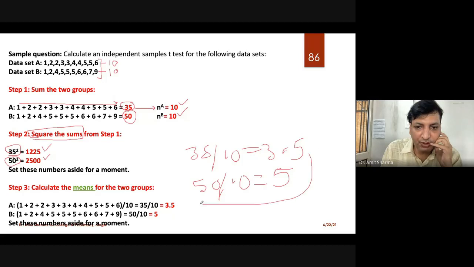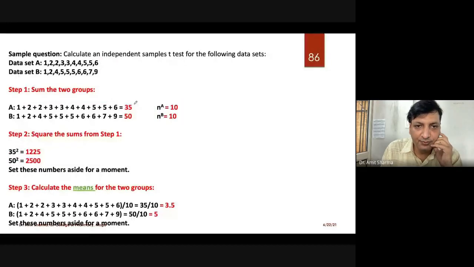So this 3.5 and 5 are the means which we have to calculate: the sum of all in group A divided by 10, and the sum of all in group B divided by 10. So we have calculated 3 values in 3 different steps: the sum, the sum of squared, and the mean.